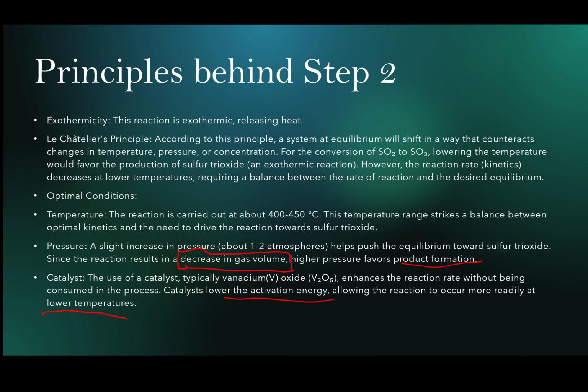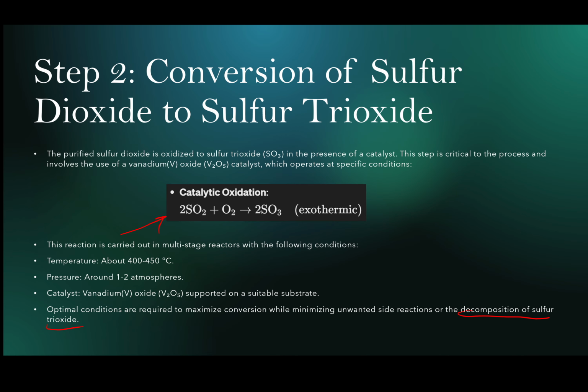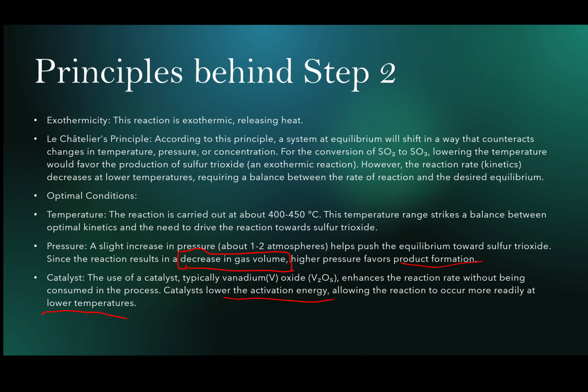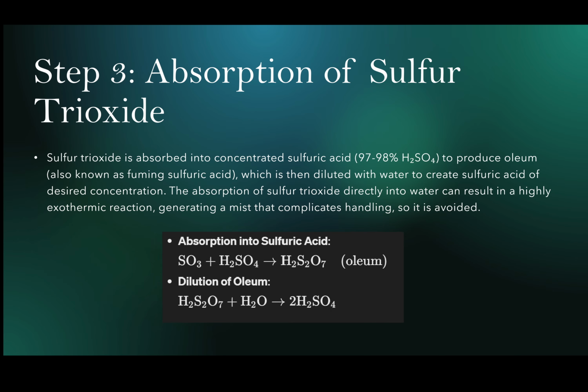The syllabus tells you, the candidate, to know the principle behind the reaction here. You must know the principles relating to temperature, pressure, and why a catalyst is used. Alright? Step 3, absorption of sulfur trioxide. Sulfur trioxide is absorbed into concentrated sulfuric acid to produce oleum. Alright? It is also known as fuming sulfuric acid, which is then diluted with water to create sulfuric acid